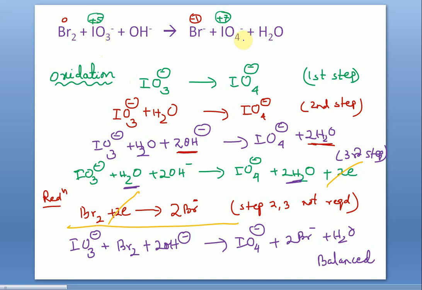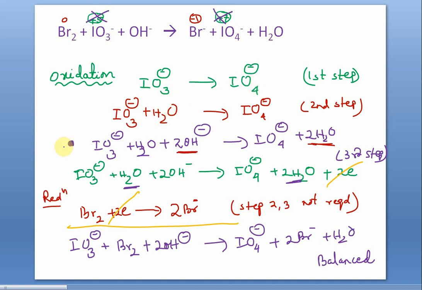This iodine is +5 and here iodine is +7. But don't you just rub it off. These are not the actual charges, they are pegged charges. So the actual ion is iodate ion, written in LHS, and the corresponding ion is periodate ion in RHS. This is the first step. You need not do anything. The number of iodine atoms is the same, right? Then addition of water. There is 1 oxygen in excess. In LHS there are 3 oxygen and in RHS there are 4 oxygen. So the number of excess oxygen is 1 in RHS. So you add water on the opposite side, 1 water molecule, because 1 oxygen is in excess, right?